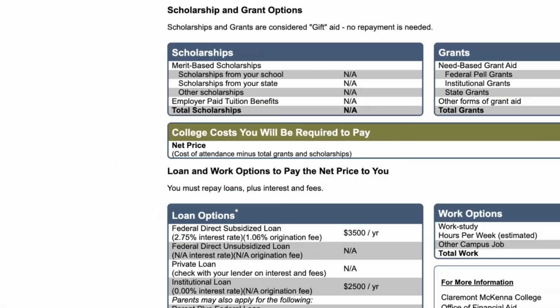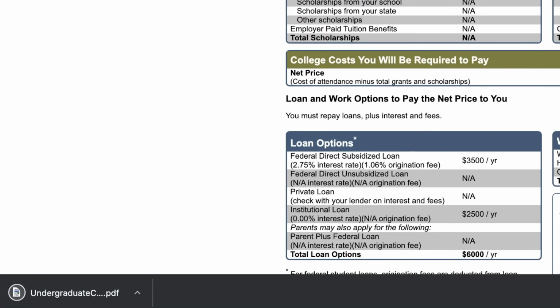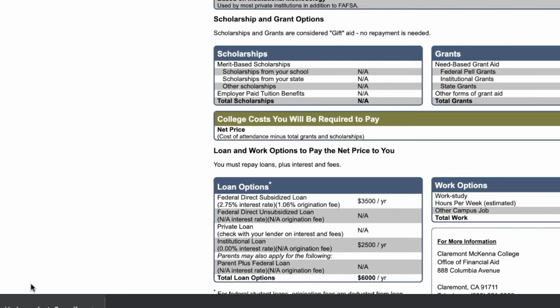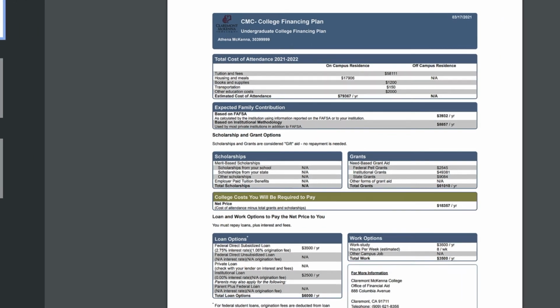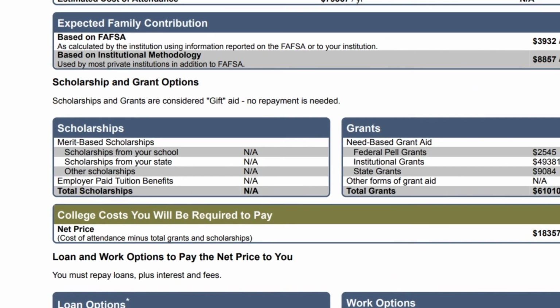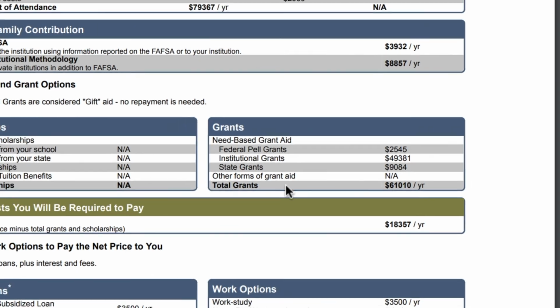Your cost of attendance can be found here and is easily distinguished by whether you are living on campus or off campus. Again, scholarships and grants are considered gift aid and no repayment is needed. Your net price is listed here, similar to how it is listed on your award summary. And finally, your loans and work-study options can help you pay for your educational expenses at